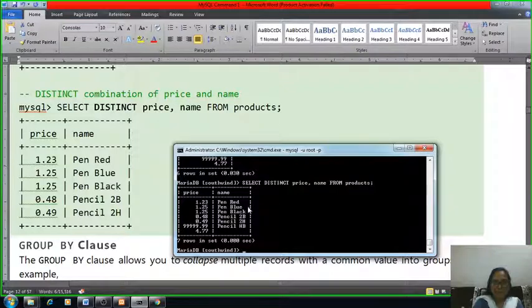Pen red, pen blue, pen black, pencil 2B, pencil 2B and a pencil HB. These are distinct values from the name attribute, whereas the price is the same, 1.25 and 1.25, but here the name parameter is different for this price value.